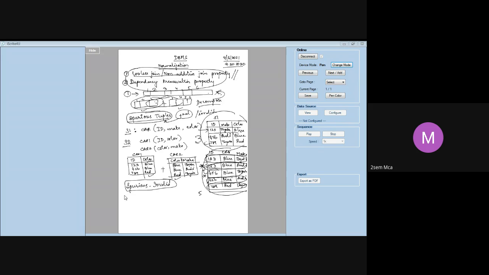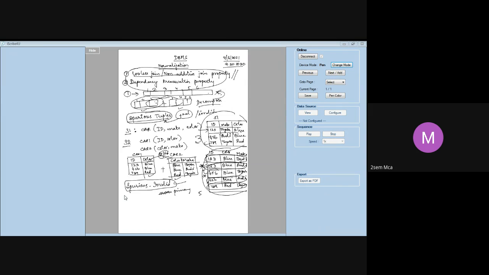We will get spurious tuples whenever we are trying to join on a key that is not a primary attribute. What are you trying to join on here? You are trying to join on color. Color is not a primary key or a foreign key. Right? You are trying to join on a key which is not a primary key, basically. Whenever you try to join on something which is not a primary key or a foreign key, it will result in what is called a spurious tuple. So you should always avoid that kind of join.